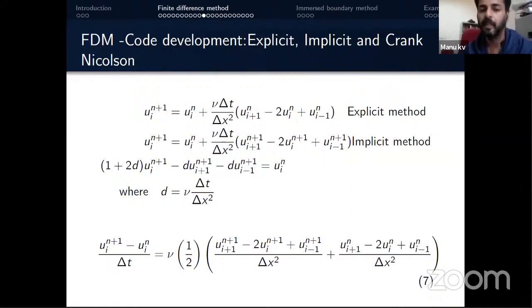There are schemes like the Crank-Nicolson scheme, which uses a combination of explicit and implicit, and the advantage is that instead of delta t accuracy we can get delta t square accuracy, and the solving part is also simple. So this scheme is called the Crank-Nicolson scheme. We use information prior as well as information in the current time step.